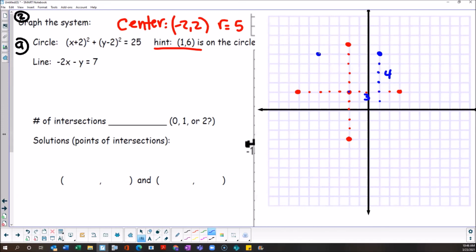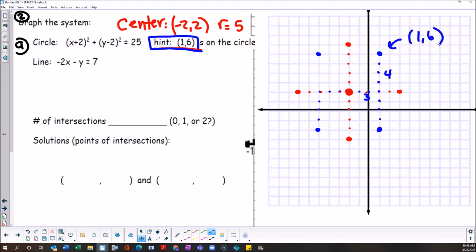I have a point there, there, and there. So it gives me a hint up here, right? That 1, 6 is on the circle. And so what I'm doing is from the center, so the center is right here, right? That's the center. From the center, if I know that the point